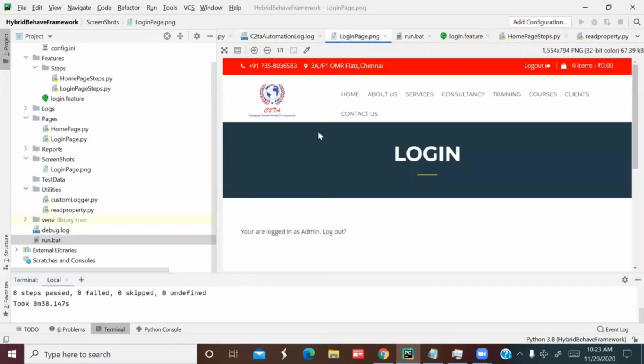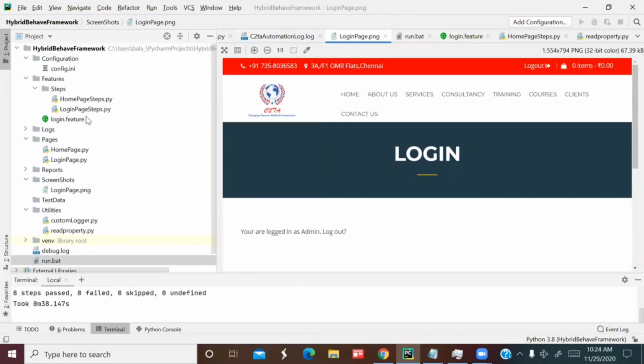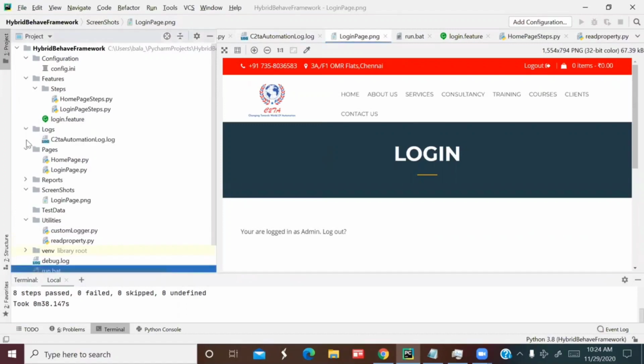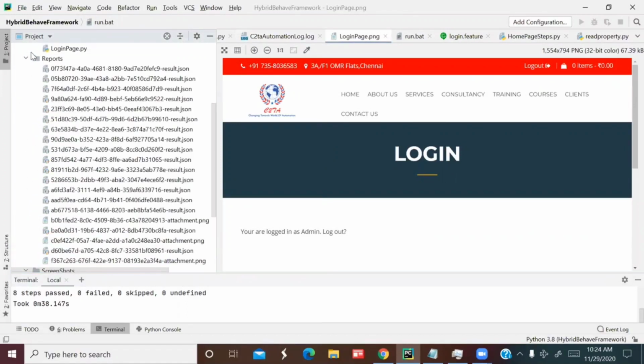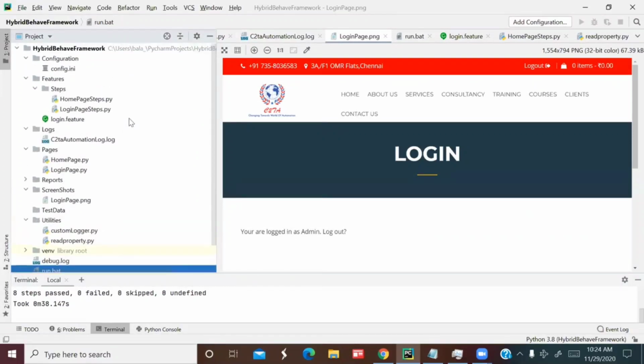Okay, so this is the basic hybrid framework with Behave. We didn't add data driven. We can also add data driven with the Excel sheet and also with scenarios in our login feature file. We can add Scenario Outline and the data driven framework. Maybe in the next video we'll try to add more to this framework. This is part 2, and maybe in part 3, I'll try to add more features in the scenario, and we'll see the next step of the framework later. Okay. So thank